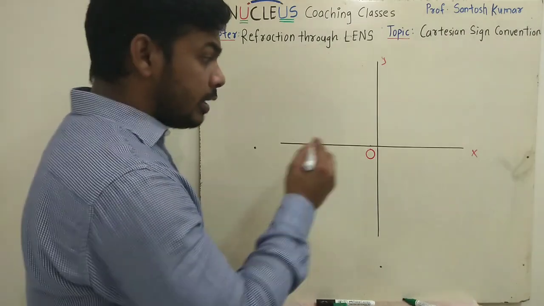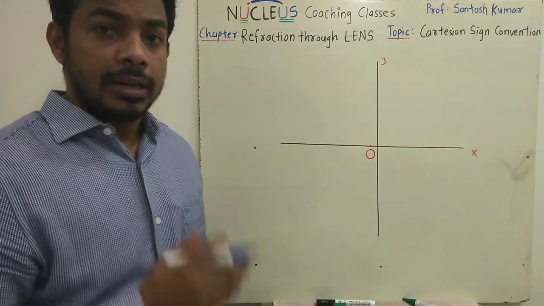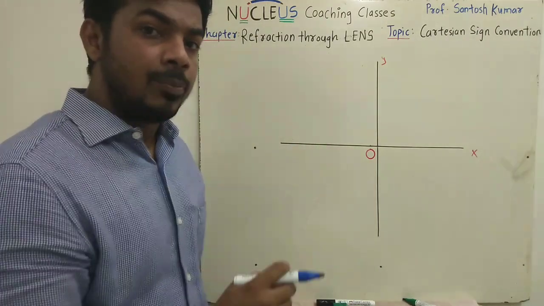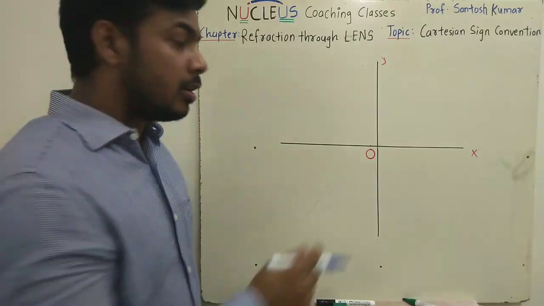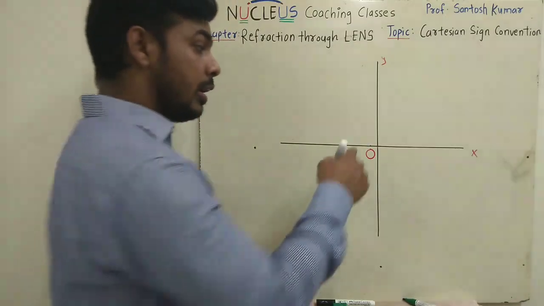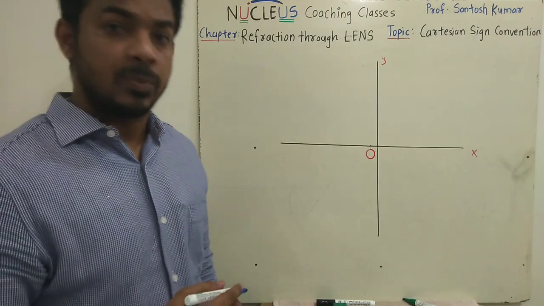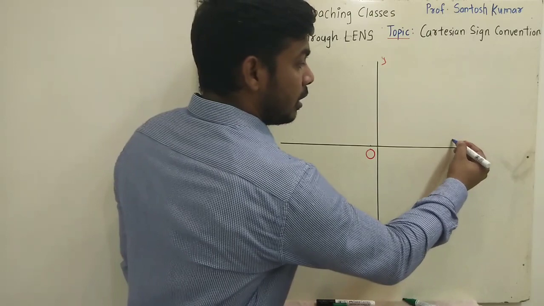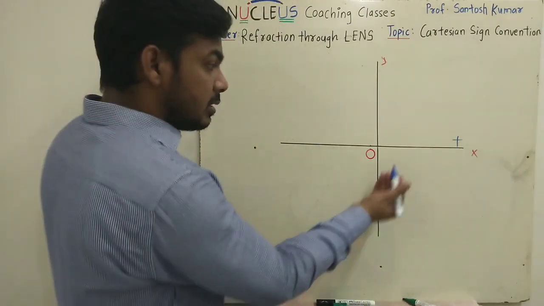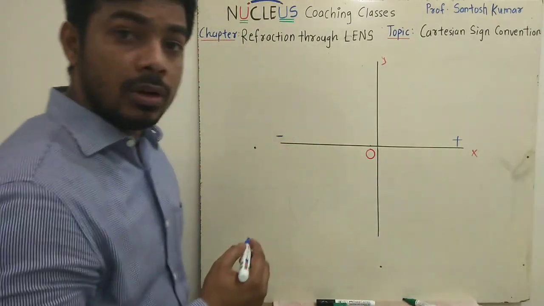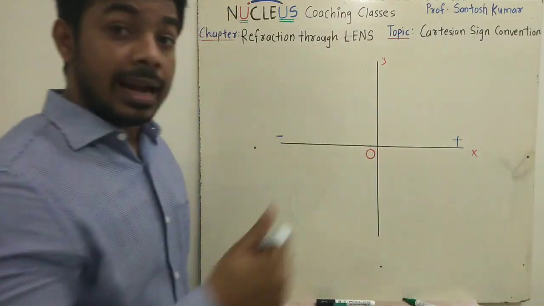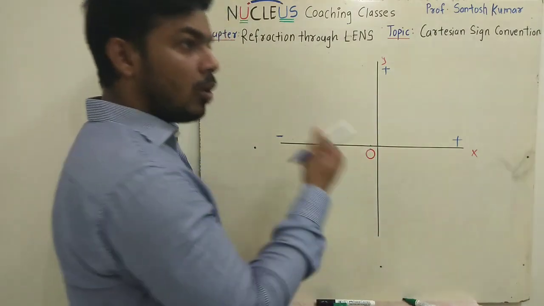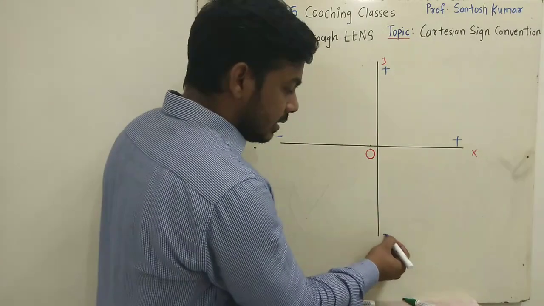Okay. So if I talk about Cartesian coordinates, it consists of y-axis and x-axis which coincide at the origin, and here origin is taken as a reference point. That means if I talk about any point in the coordinate axis, the distance of that point is always measured with respect to origin. So here origin is considered as a reference point. And we also know that the distance measured to the right hand side of origin is positive. The distance measured to the left hand side of origin is negative. The distance measured above the origin, that is above the x-axis, is positive. The distance measured below the origin, that is below x-axis, is negative.